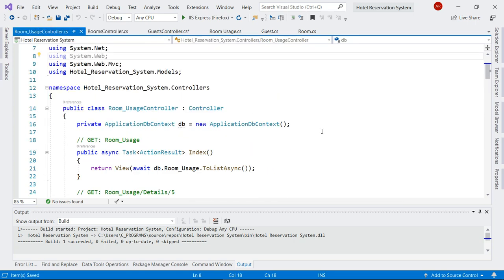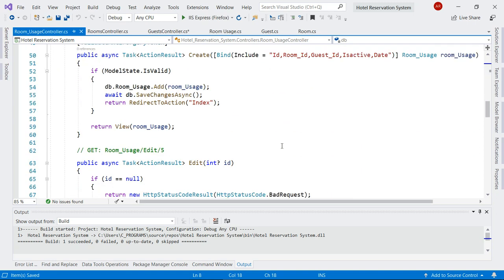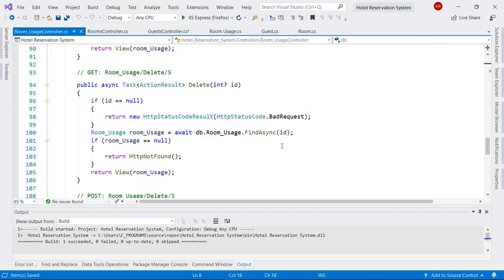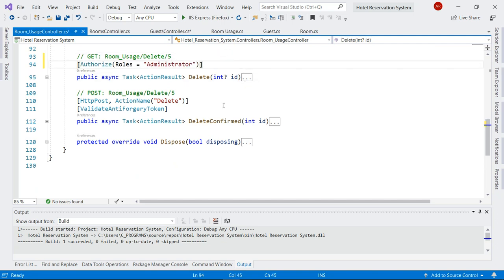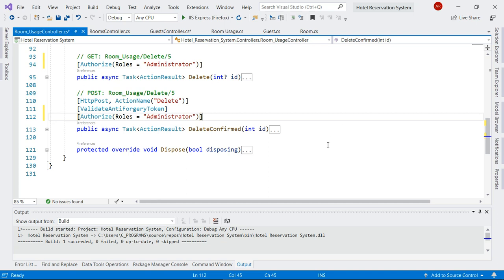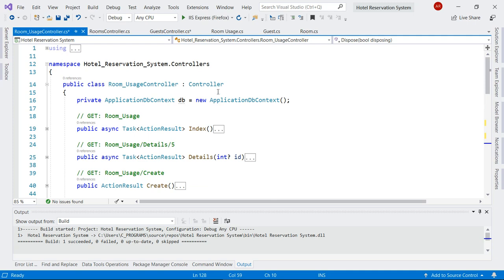Now, the next thing we'll have is room usage. As for the index, we are going to do something here, but for deleting it, we're going to make that only available to admin. Okay, so that is all for now, and the next thing we really need to do is to get back